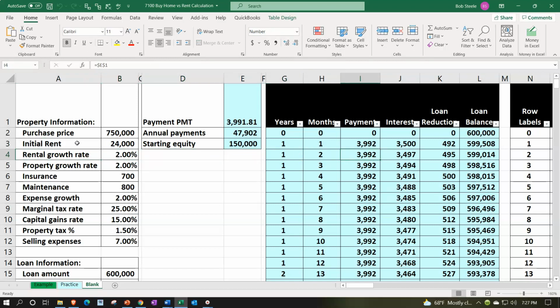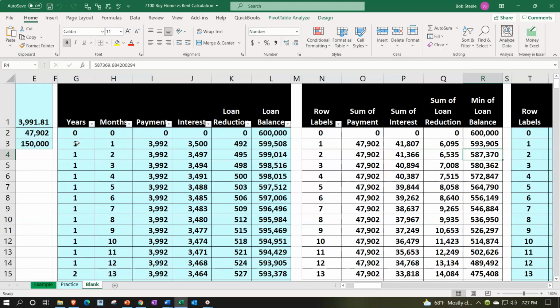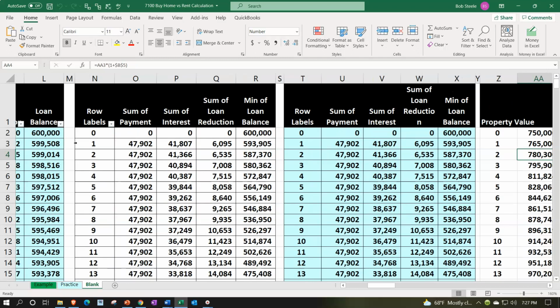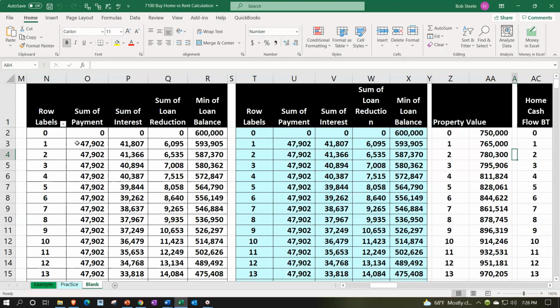Then we have the amortization table recreated, and our pivot table, which breaks out the information on a year-by-year rather than month-by-month basis. We copied that pivot table over so that we have that information in a hard-coded set of data as opposed to the pivot table, so we can reference directly to it. That's going to put a wrench or a glitch in our formatting of the data, so we'll have to do another step to format the data due to the pivot table when we make adjustments to